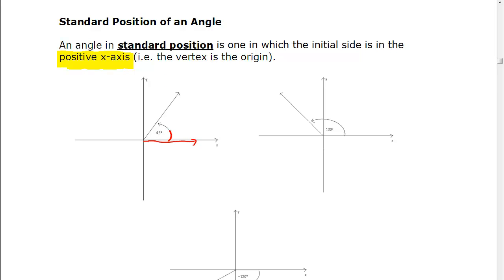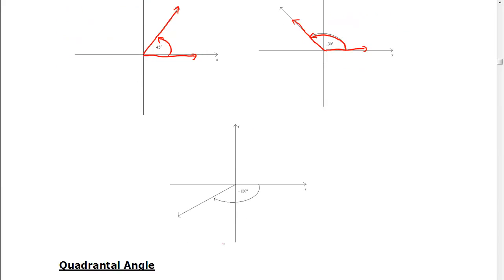We go counterclockwise, and we get to the terminal ray or terminal side, and that's where we get a 45-degree angle. We can see the same thing here. If we rotate to the left, we get the terminal ray here, and that would be a 130-degree angle approximately. In the final diagram then, we can see as long as we start on the positive x-axis, we can also rotate clockwise here. And clockwise tells us that we have negative, so this is negative 120, but we can also